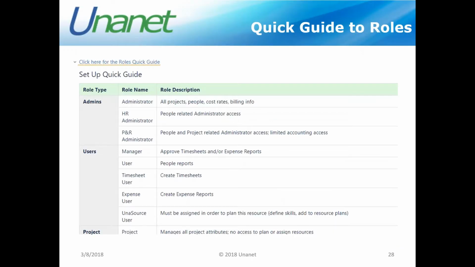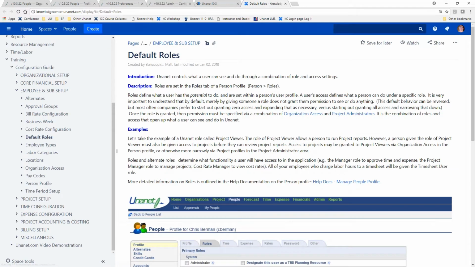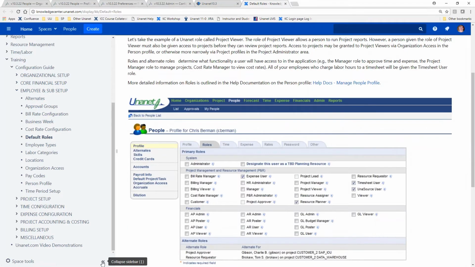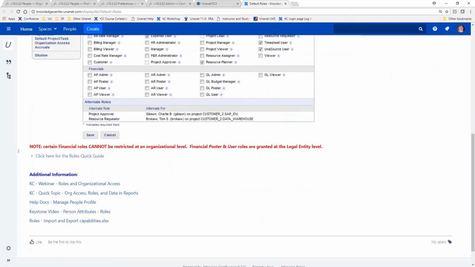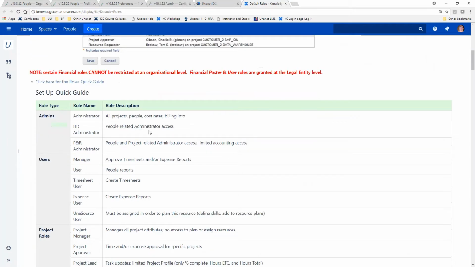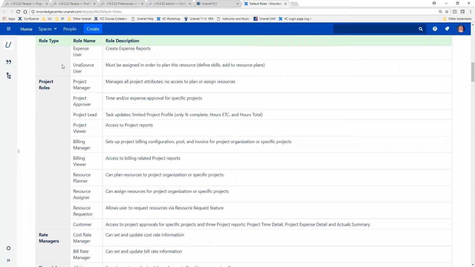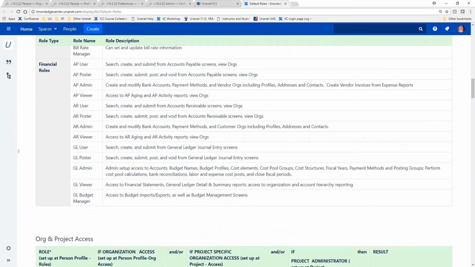So one of the things I'm going to provide to you all as well, because like I said, this will be made available to you, is in our Knowledge Center a roles quick guide. And what I want to do is just very briefly go to this and show this to you, because within this you will find, by expanding these collapsed sections on the left, a description of each of these roles, broken out again by those functional areas,